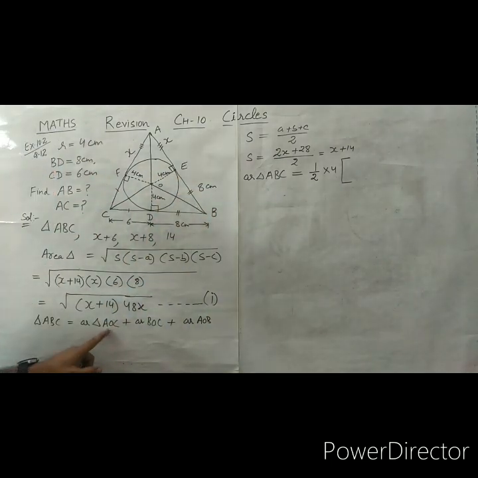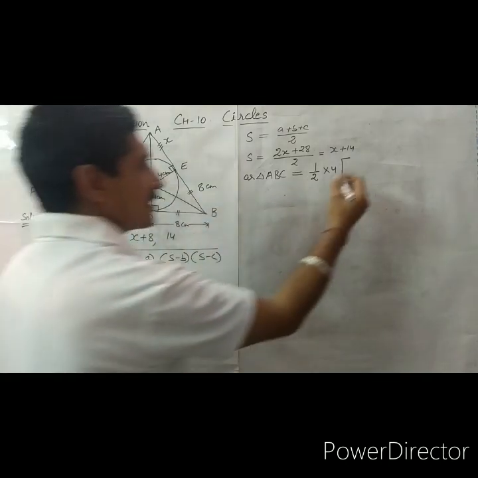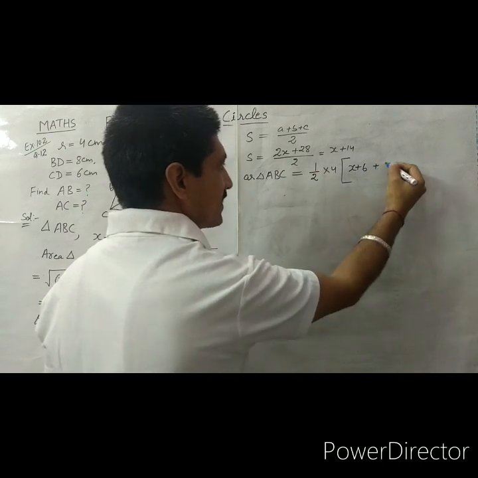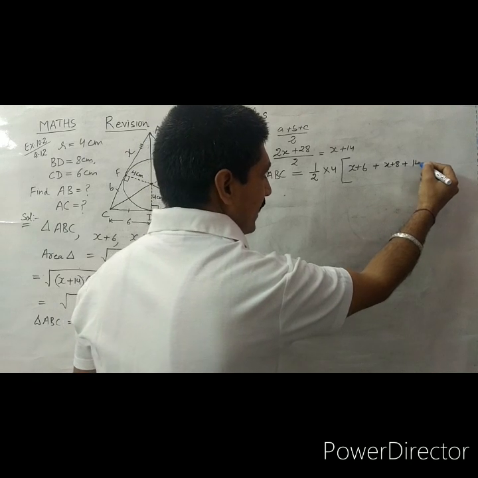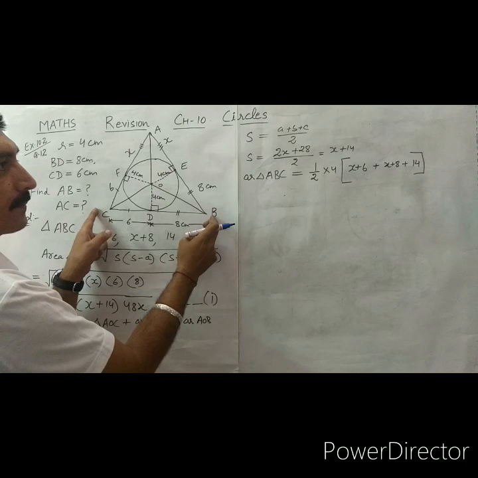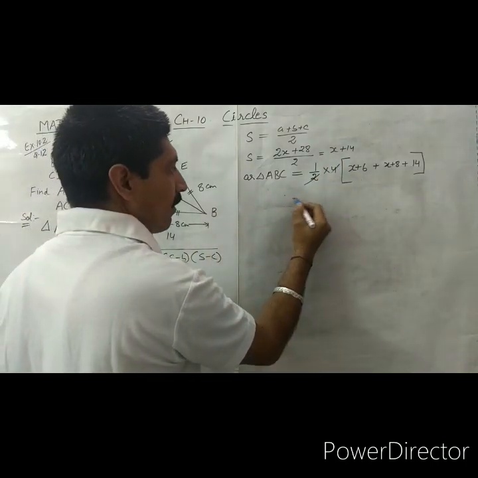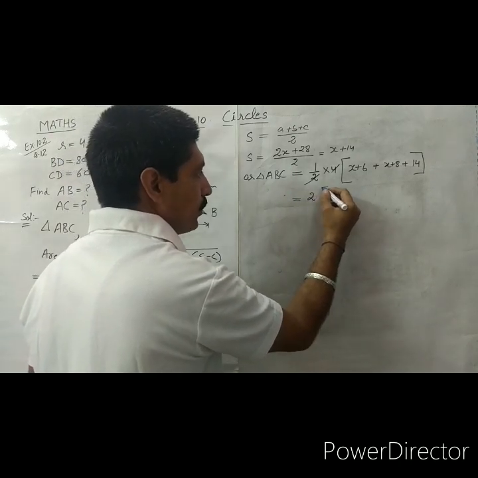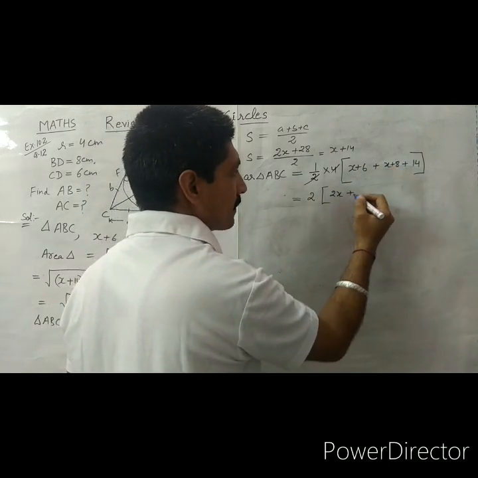Now first triangle AOC, this side is x plus 6, plus second triangle is x plus 8, and the another side, that is 14. This BC is 14. So here we have the area of a triangle, that is 2 into, again here twice of x plus